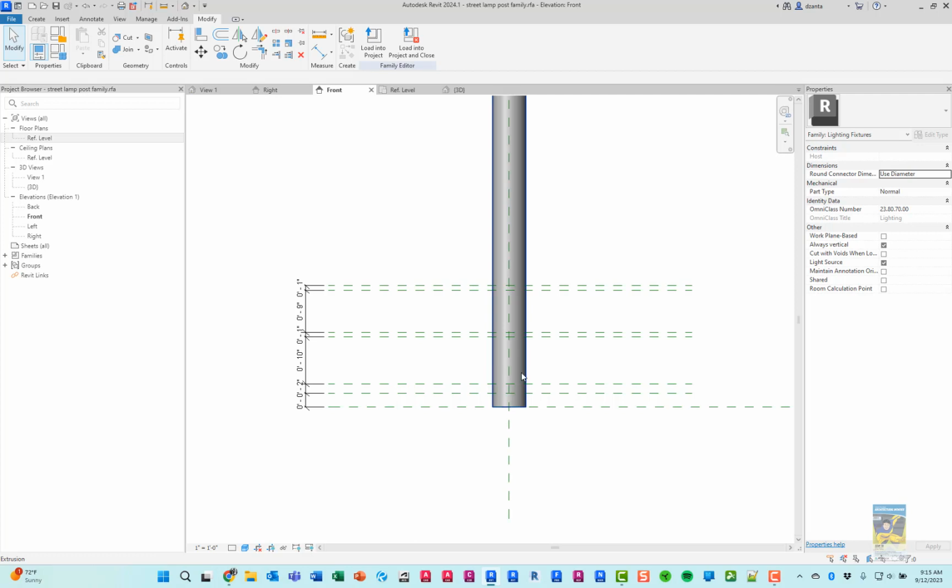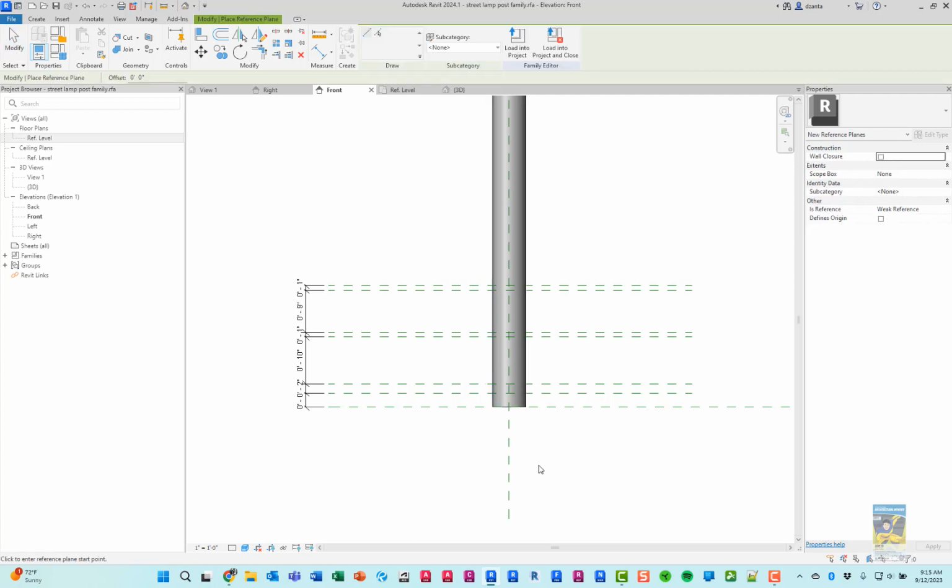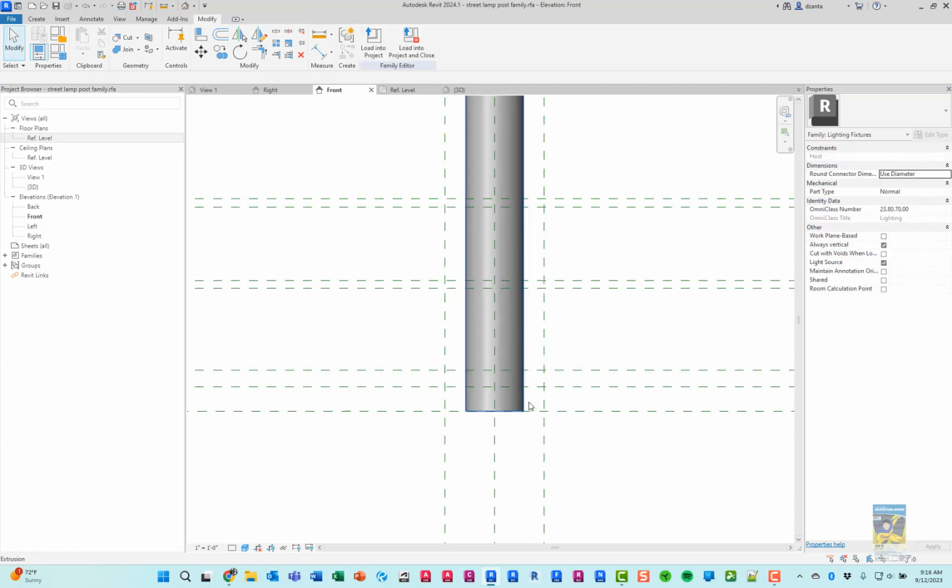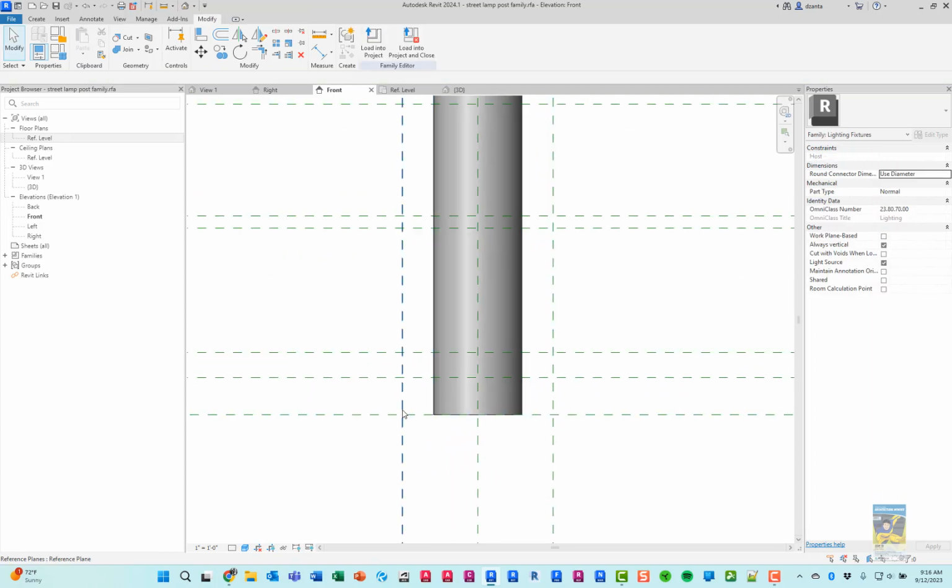We know this is 3.5. So if I just want, for the sake of visual understanding, I'll do a reference plane at say 6 inches. And I'll place this one here and then this one here. So now we can get an idea of if the base is only a foot wide, this is how much it is. And a foot's not that wide, actually. Let's go,